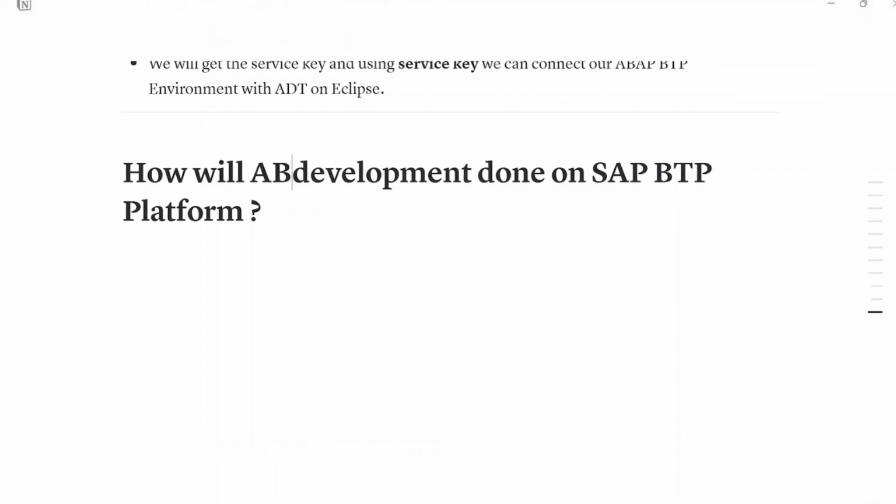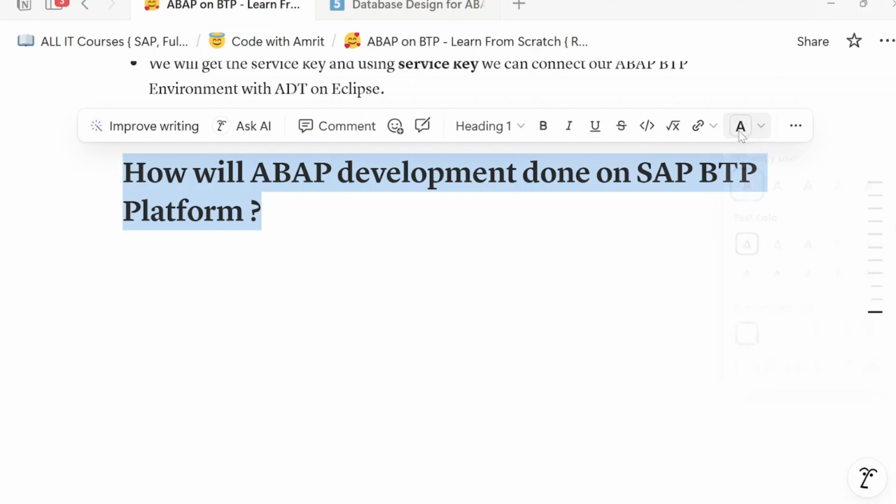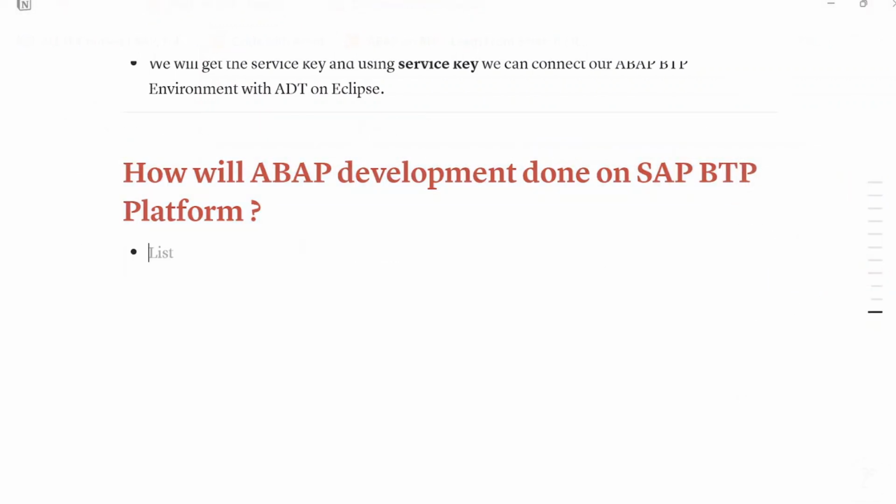ABAP development I should say, otherwise it will include other kinds of development as well. So here in this ABAP shared environment, SAP has given us